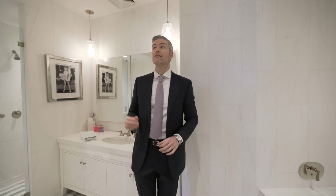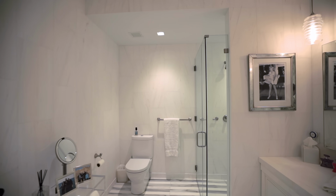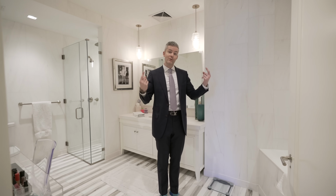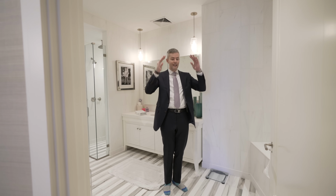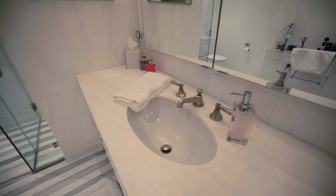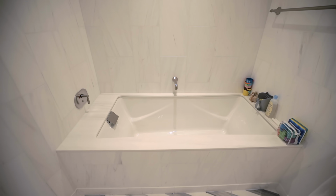And what it does is it draws your eye up to the ceiling so you can see that your ceiling is really high, even in your bathroom. Remember, in New York City, we're not just thinking about square footage on the floor, we're thinking about volumetric square footage. How much air do we have in this apartment from ceiling to floor? Right? Really important. Great storage space behind the mirrors, big stall shower, deep soaking tub that I don't think has ever been used. And then in the secondary bathroom,